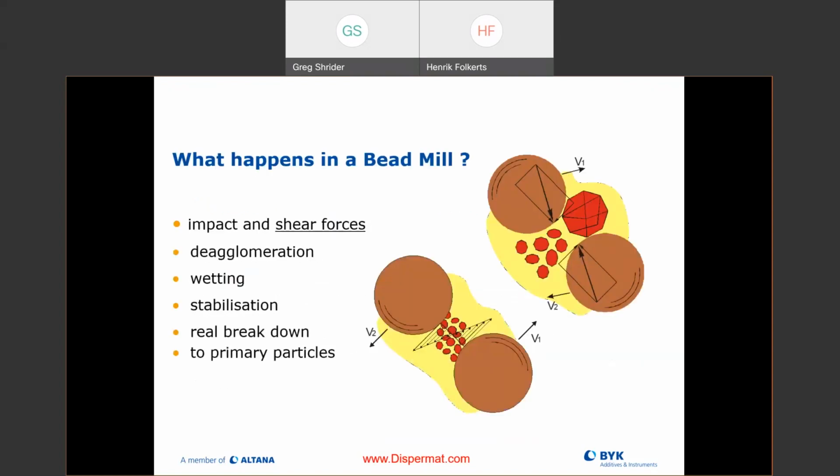Okay, so here are now the important parts about the milling. So what actually happens inside of the bead mill? Obviously we're going to have our media in there, our pigments are floating around, these aggregates, and we have our different types of beads that are available on the market, and we select the right one. And now these beads are inside of our milling chamber, and the rotor is throwing these around at a very